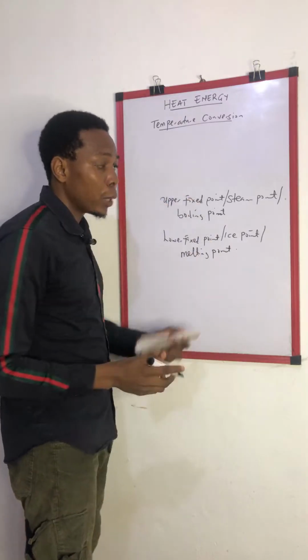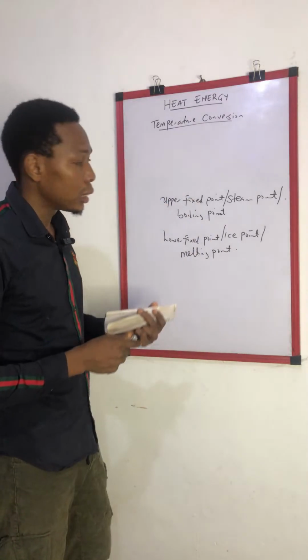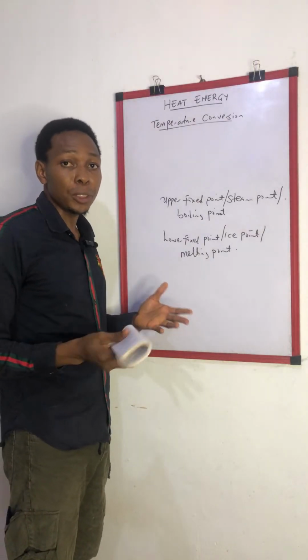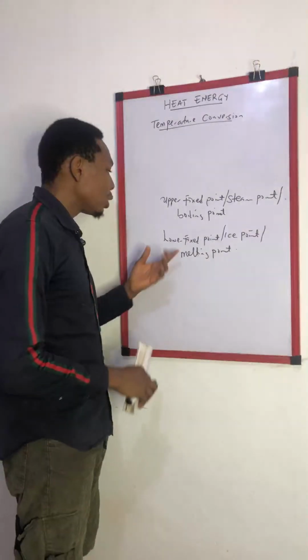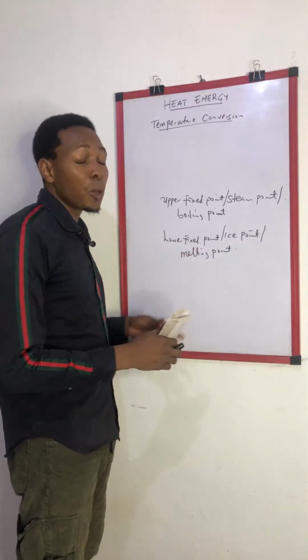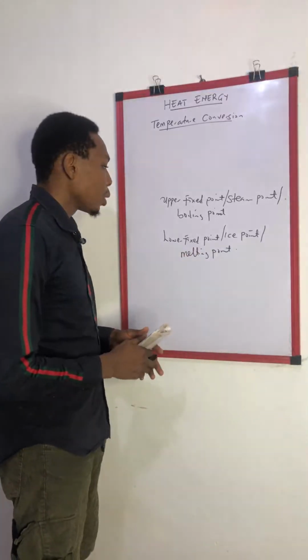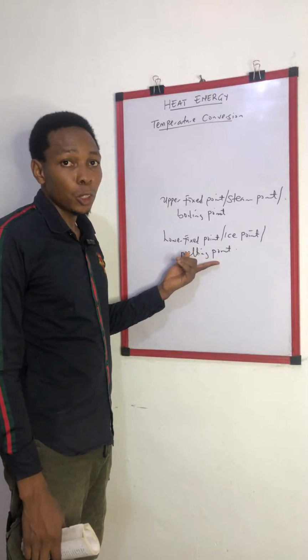The upper fixed point is the temperature of pure boiling water at standard atmospheric pressure of 760 millimeter mercury, while the lower fixed point is the temperature of pure melting ice at standard atmospheric pressure of 760